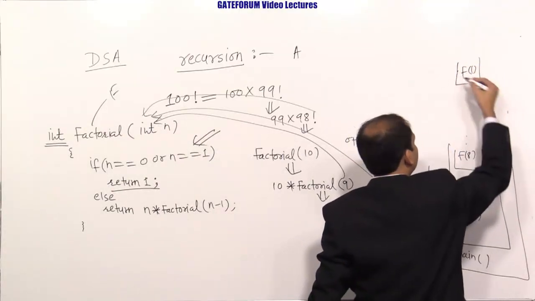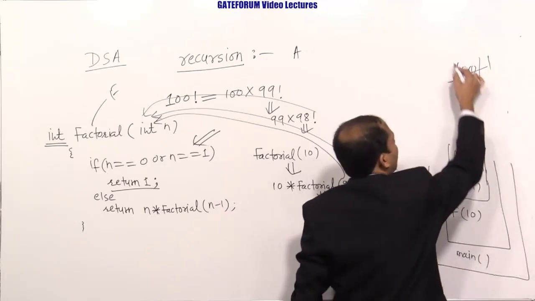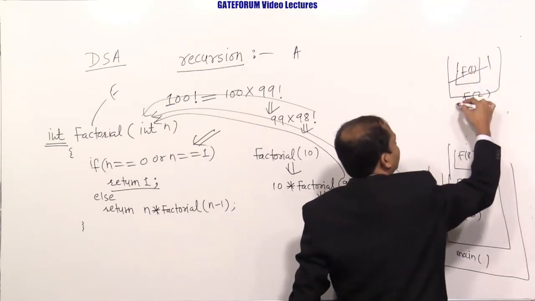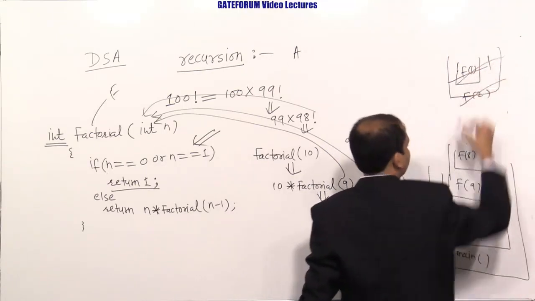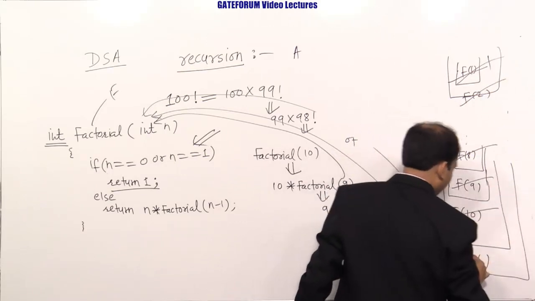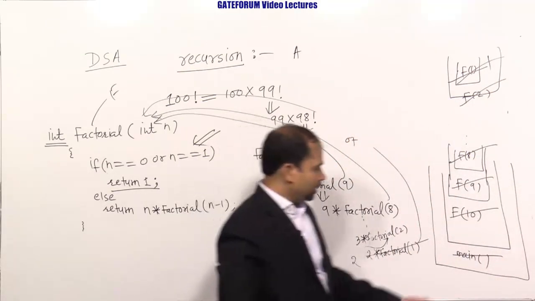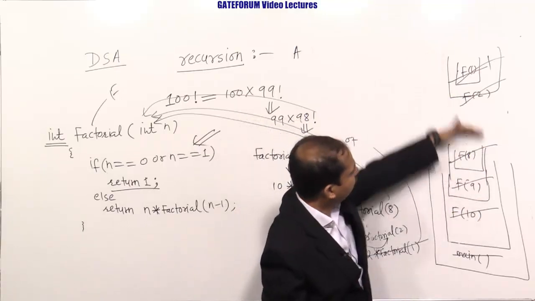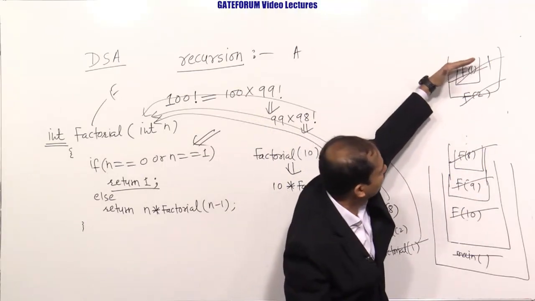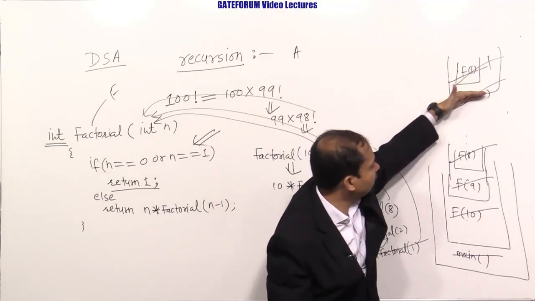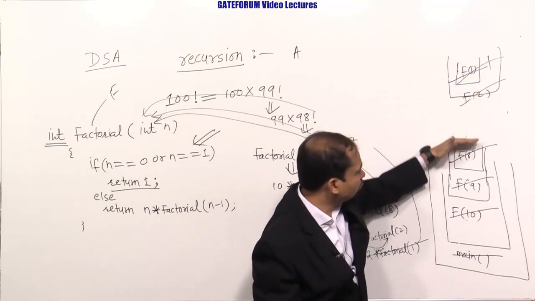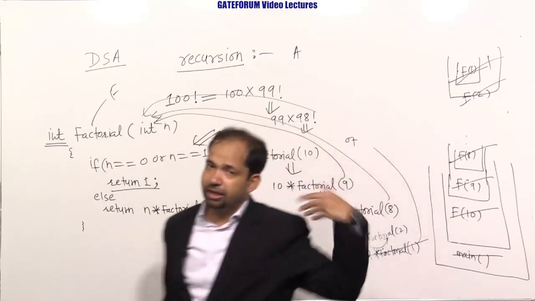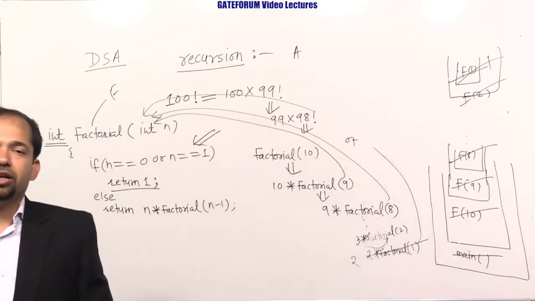And when at f1 we know the answer is 1, then the function frame gets destroyed. And f1 is called where? In f2. So with the help of the value of f1 we get to know the value of f2, so f2 will get destroyed, and finally all will get destroyed. So first we create the function frames from main to f10 to f9 to f8 till f1, and when we destroy the frames, f1 is destroyed first, then the function frame of f2, then of f8, then f9, and f10, and then finally the function frame of main will get destroyed.